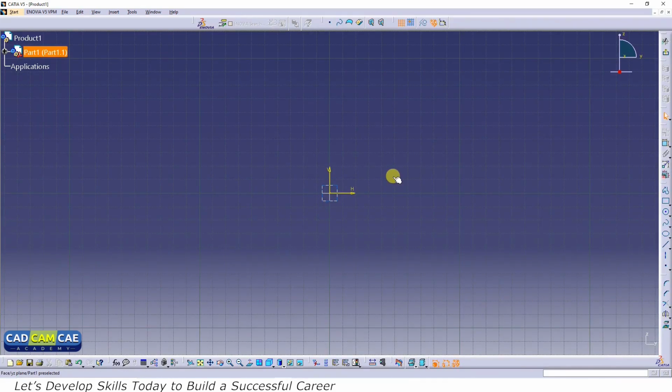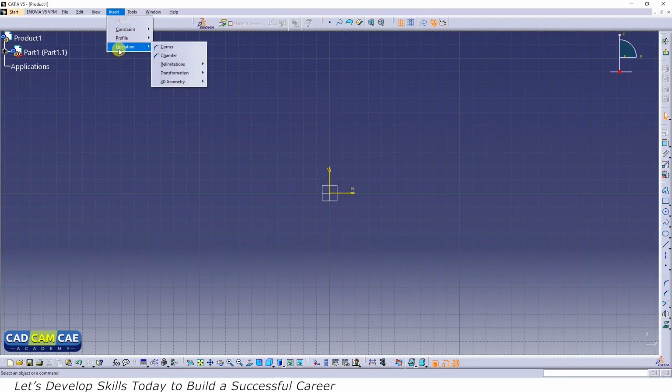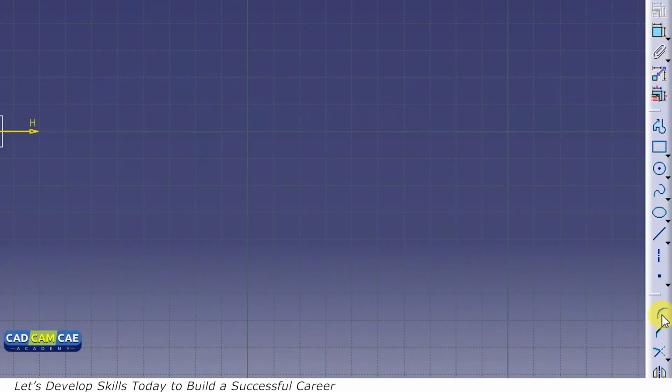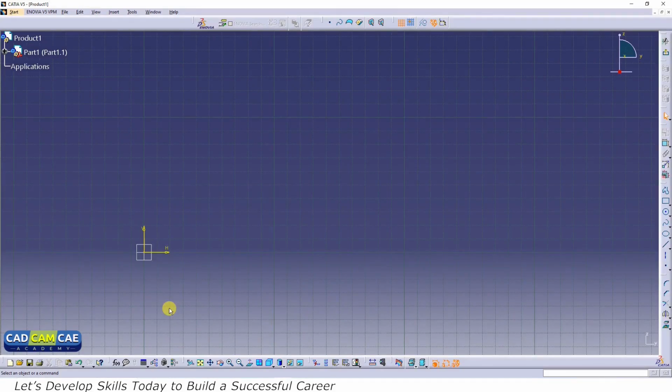Now you can locate the corner feature by clicking Insert, Operations. You can find the corner feature here. You can also locate it on the right hand vertical toolbar. So this is the corner feature. So let's try with an example. Corner feature is used to add fillet or corner to two sharp edges. So to start off, let's draw a rectangle